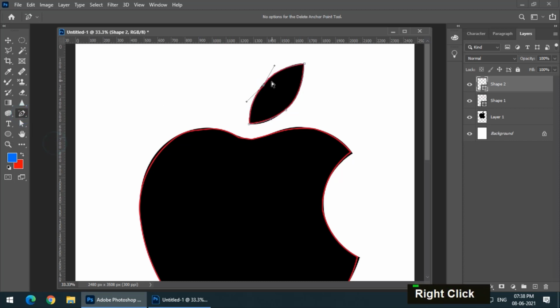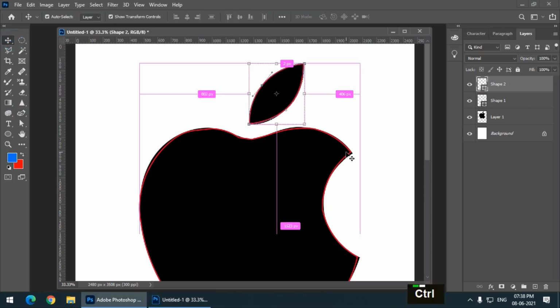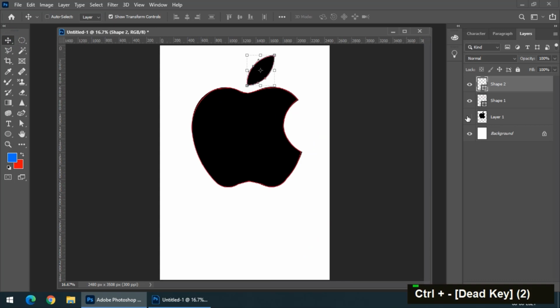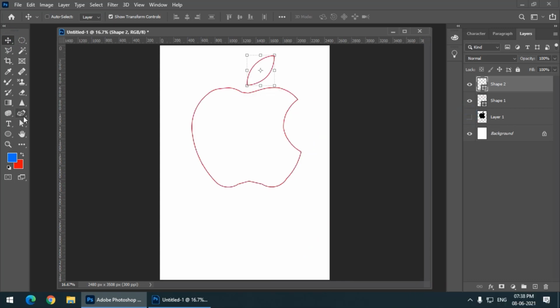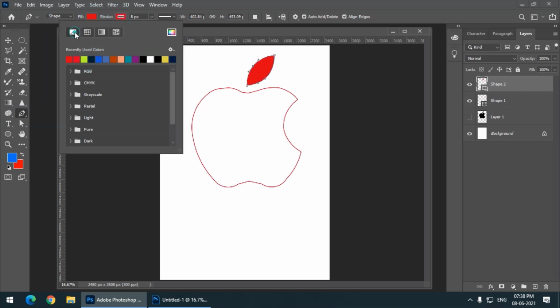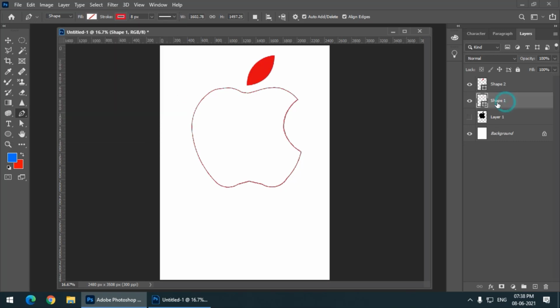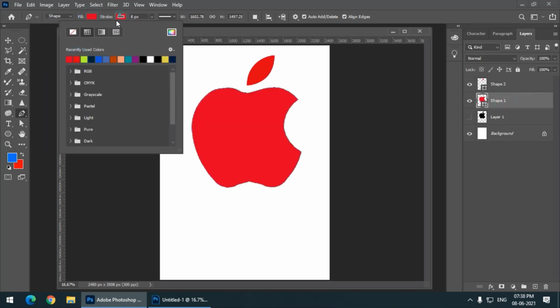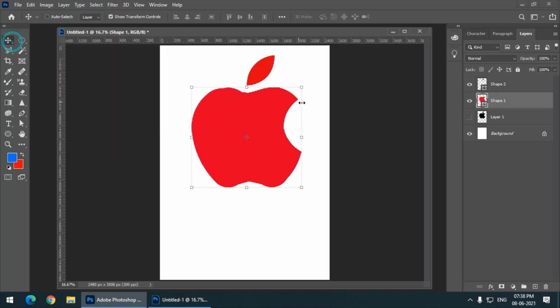If you want to delete, looks pretty good. So I can simply turn this off, and I will go to the pen tool again or curvature tool, and if I select, I will turn off the stroke. Click on this thing. So this is how it looks.